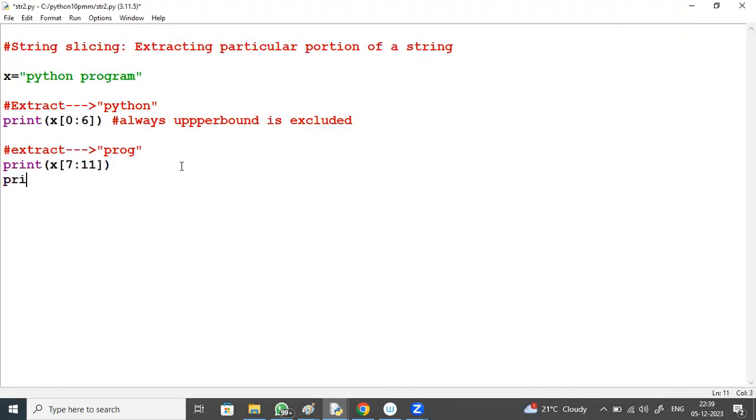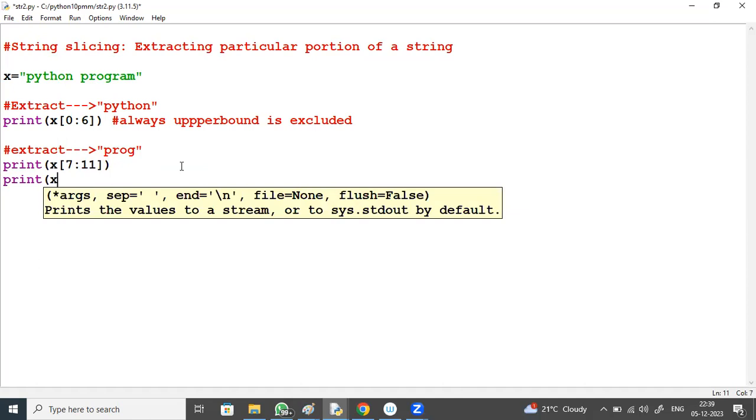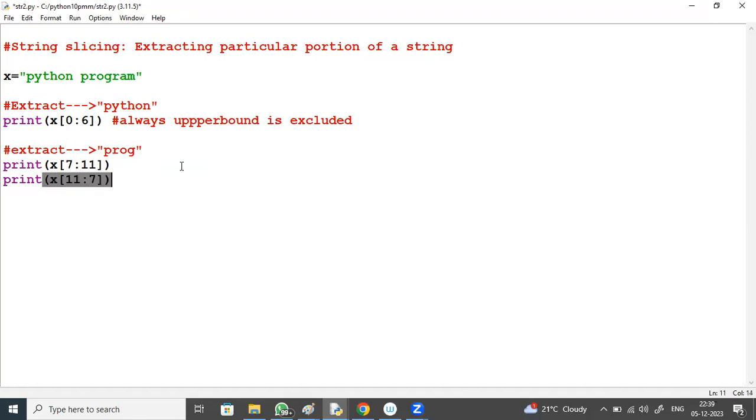For example, if I go in the opposite way, x of 11 to 7, what is the output? 7 to 11 gives PROG. If I go in the opposite direction, 11 to 7, what happens? Observe carefully. It is an error, sir. No, not an error, it gives an empty string, because